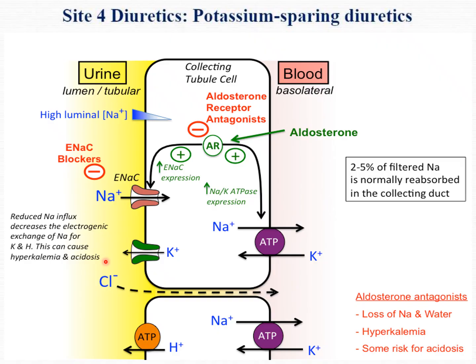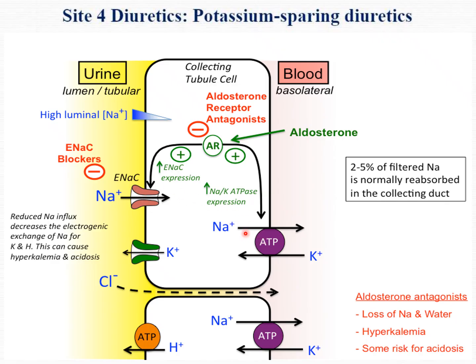And basically, if we inhibit this process, what happens is that you leave the sodium behind, you prevent the reabsorption of the sodium, and you preserve the potassium to stay in the blood. Okay, so this is very essential. How can we block this process? By blocking one of two things. Either you block these ENaC, epithelial sodium channels, or you block the sodium potassium ATPase active pump, or the pumps that are used for transporting these sodiums back into the blood. And so there are two ways to do that. Either you inhibit this ENaC, or you inhibit sodium potassium ATPase.